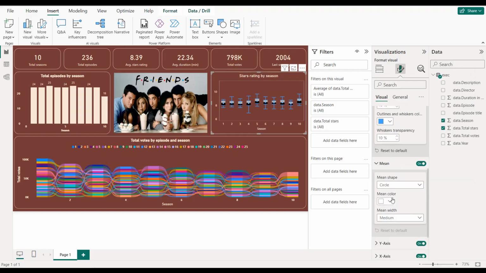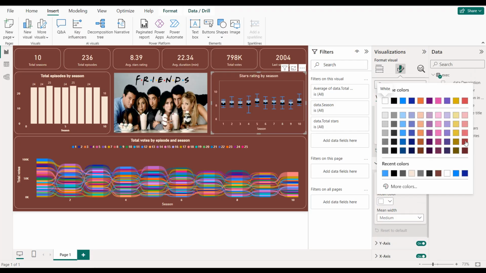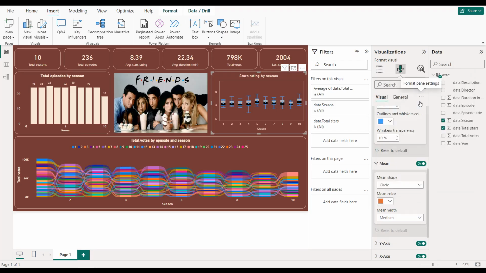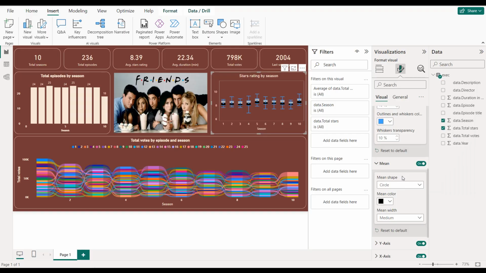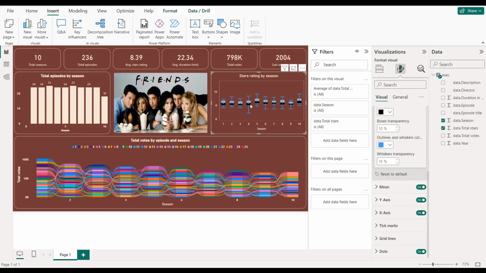For example, we can put it in this color, or black also. All right, so here we have our box plot. As you can see here, we have the different values for each season. Okay, so we have the median, the maximum, the minimum, etc. If we close everything,